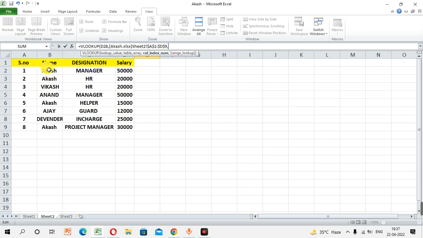Since we are retrieving the name first, name is in the second column. Basically the column index of name is 2, so we need to enter 2 here. Now we need to add a comma and select true here, and after adding true at the end of the parameters, now we need to press enter.